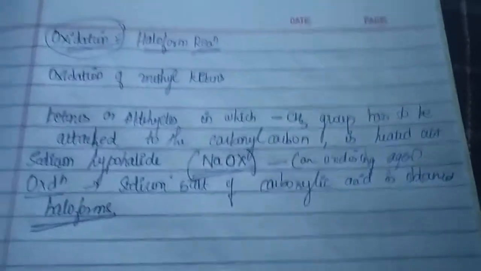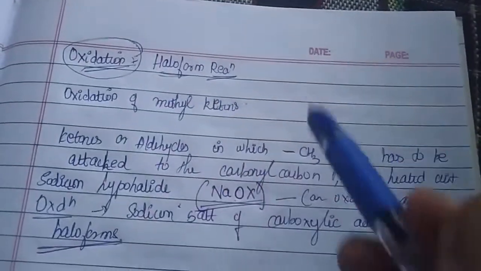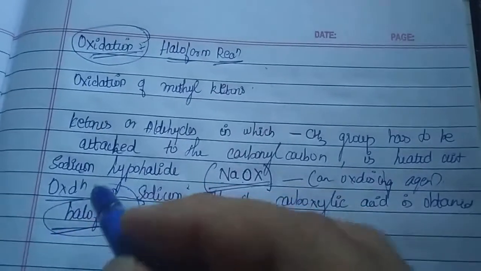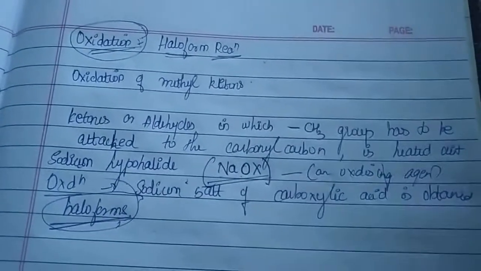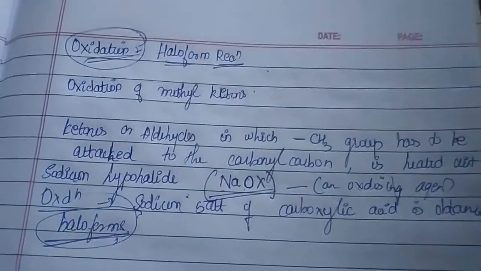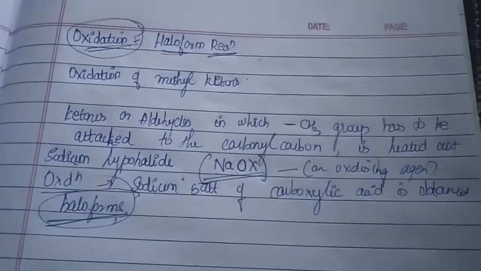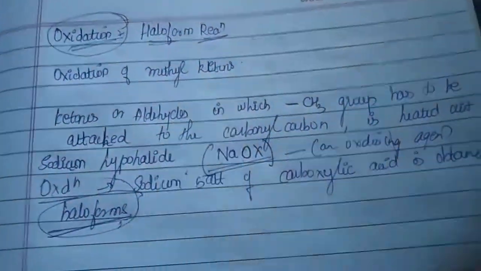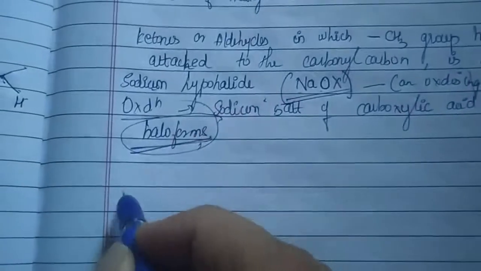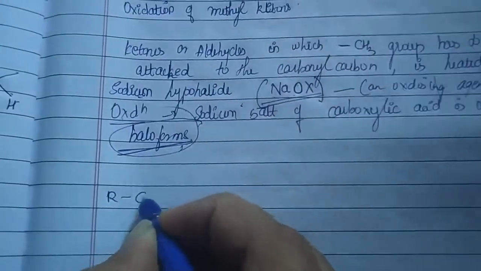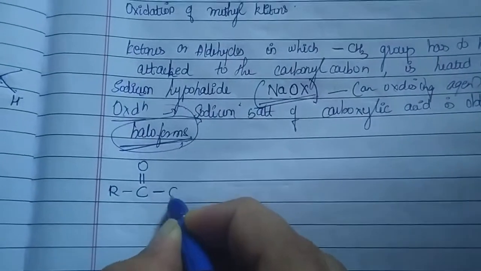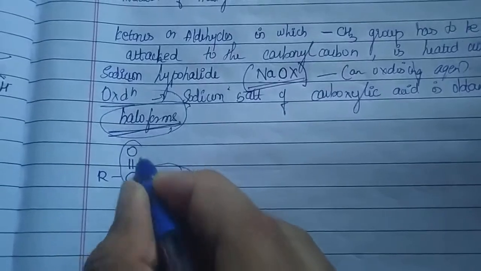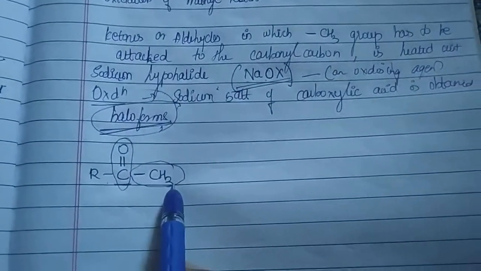So this is an important part of reading about the haloform reaction. Now, why do we call this reaction haloform? Because one of the important byproducts we get is the haloform. These haloforms could be chloroform, iodoform, depending on the halogen. Chlorine gives chloroform, iodine gives iodoform, bromine gives bromoform, like that. So in general we call them haloforms. You will come to know when we use the reactions. As they have said, first you have to use aldehydes or ketones having a methyl group attached to the carbonyl group. Alright, this is an example of such. General equation.